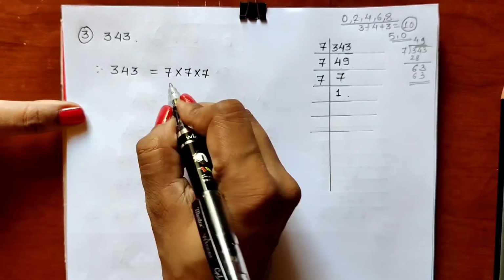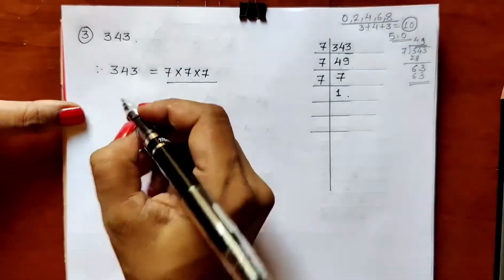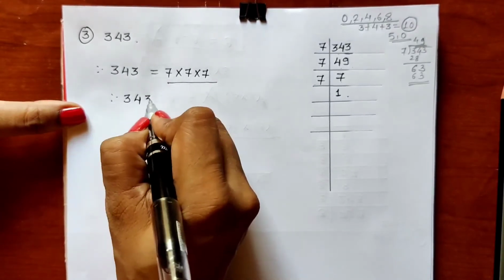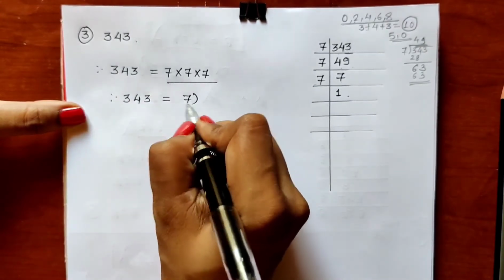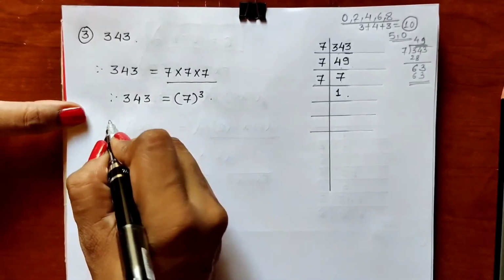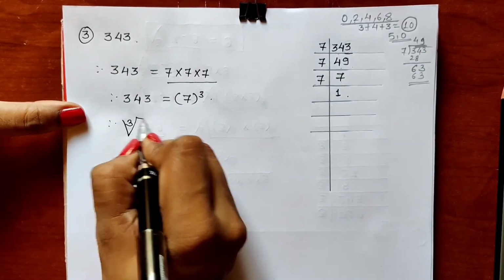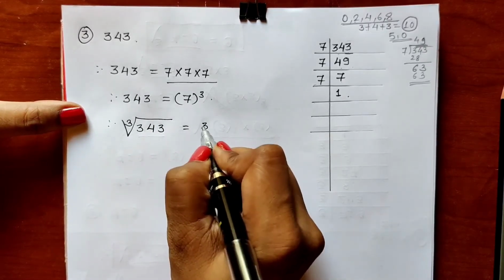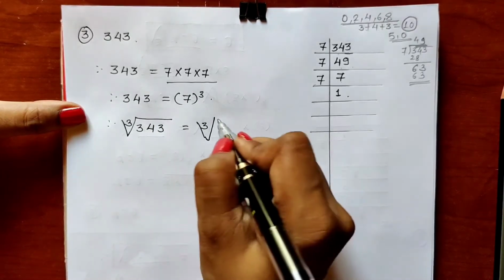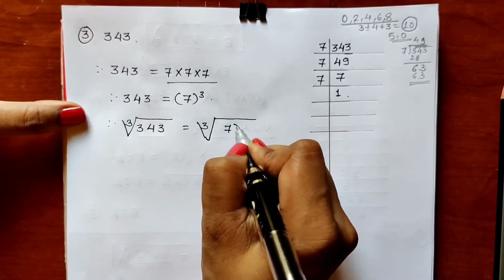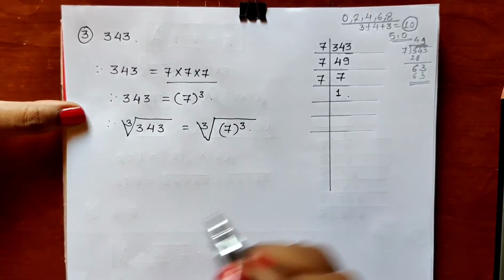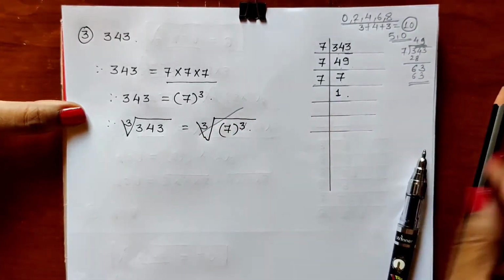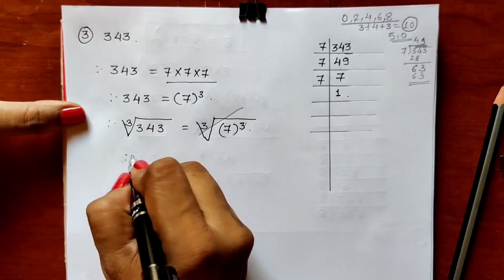We have got a single group of 7. All three numbers are there. So it can be written as 343 is equal to the cube of 7, or 7 cube. Now we have to find out the cube root. So we will put it under the cube root symbol. Cube root of 343 is equal to cube root of 7 cube. Now this cube and cube root cancel each other and we get only